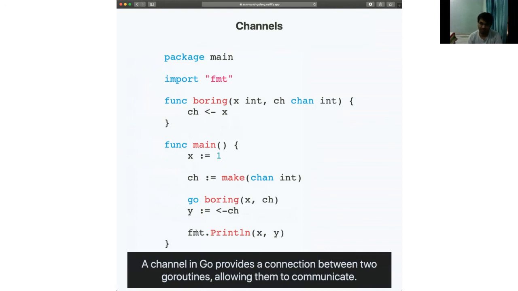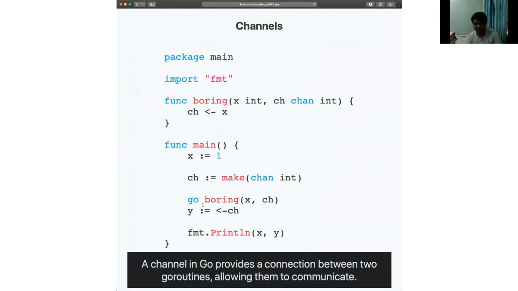So when you call a function with a go keyword before it, it spawns a Go routine. It's like the word coroutine, but with a G. That's just what Go calls it. I guess it's unique enough in Go that they think that calling it separately, Go routine and not coroutine, makes sense. So from now on, if you see the word Go routine, it means that it's just a function that's being run and it's been told to run concurrently.